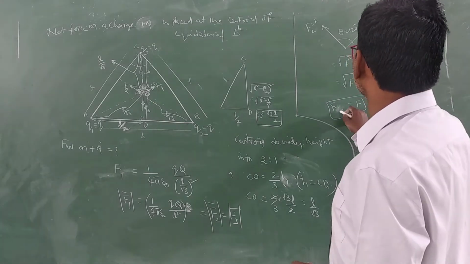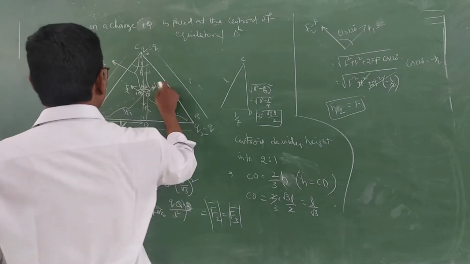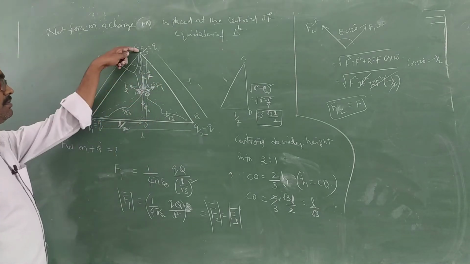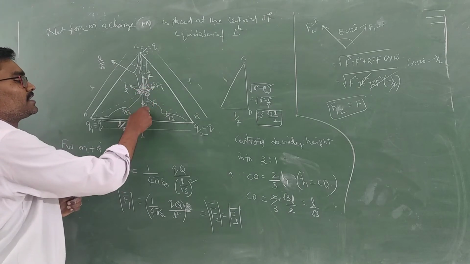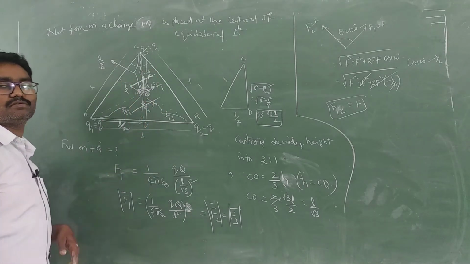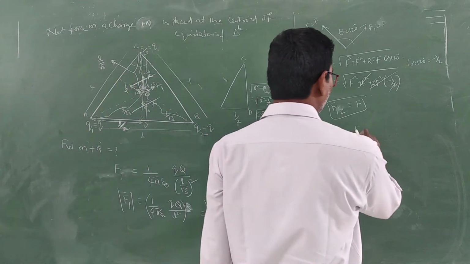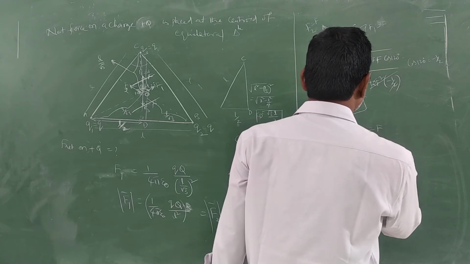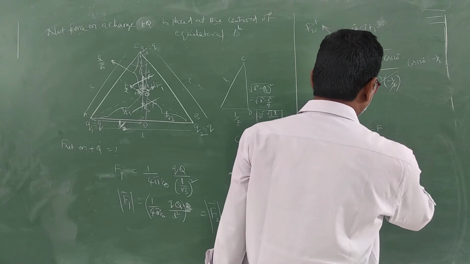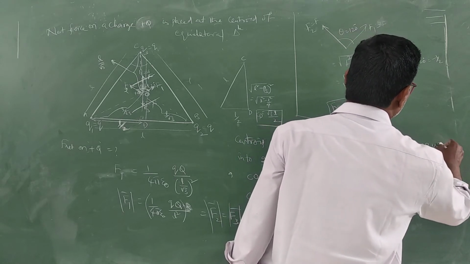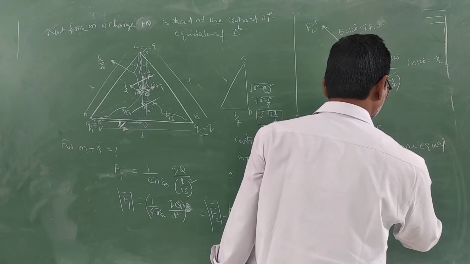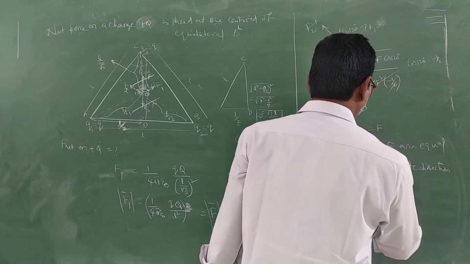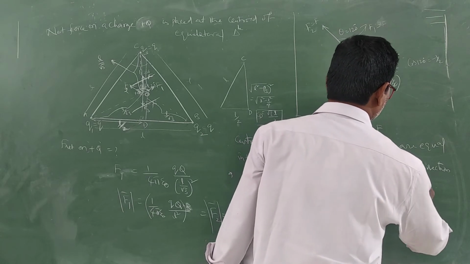This is the force between 1 and 2, so the resultant will be in the upward direction with magnitude F. What about F3? F3 is also equal in magnitude but opposite in direction. These two get cancelled. F net is 0. F3 is equal to F, and F12 and F3 are equal and opposite in direction, so they cancel each other.